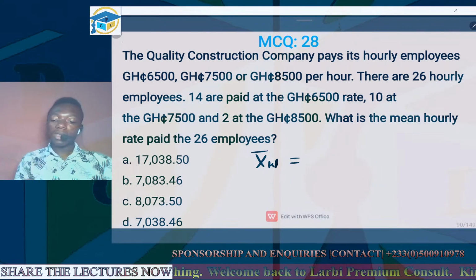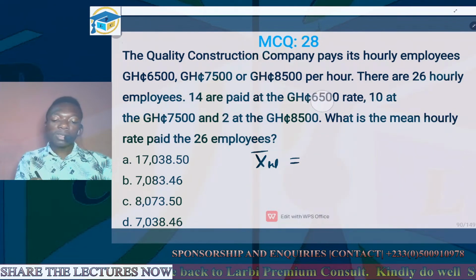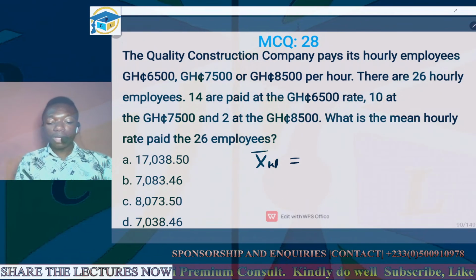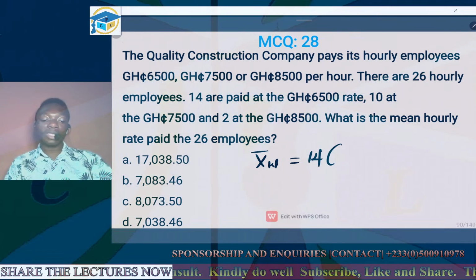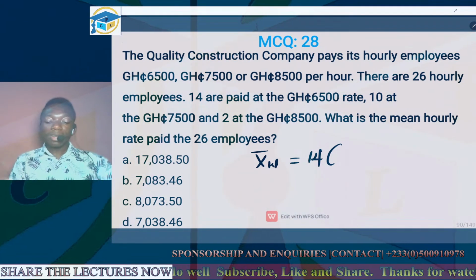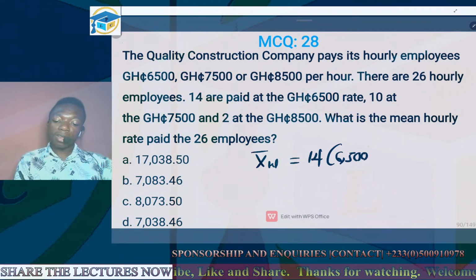We have 14 who are paid the 6,500 rate as their salary. We want to know the total amount we pay to 14 employees, where each receives 6,500. So that's going to be 14 multiplying 6,500 plus